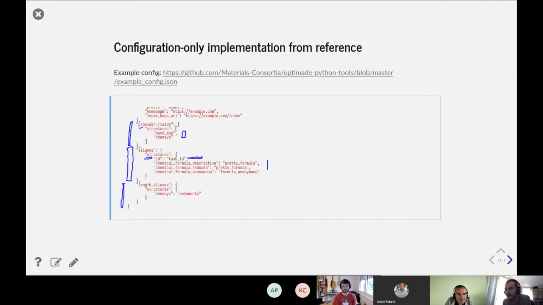But maybe as a clearer example, you could think of this being the list of positions, so it could be Cartesian site positions, and then the obvious length alias would be n sites. So that way, when you're performing a query like length Cartesian site positions greater than 3, instead of looking